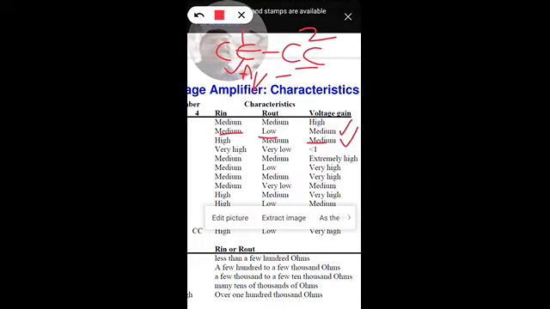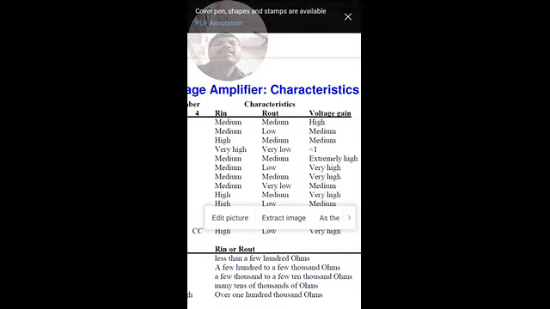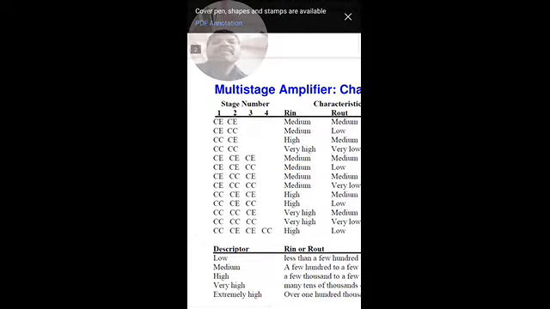So in the second line, these are the characteristics obtained: medium input impedance, low output impedance, and medium voltage gain with the CE-CC combination. And coming to the third configuration,